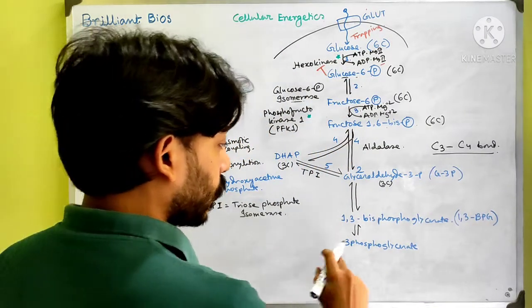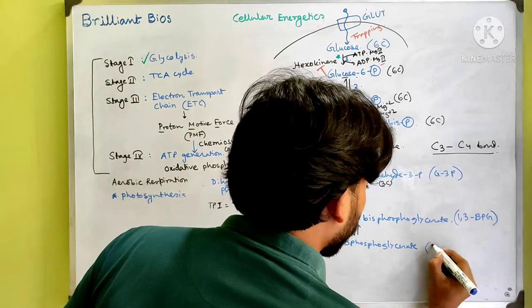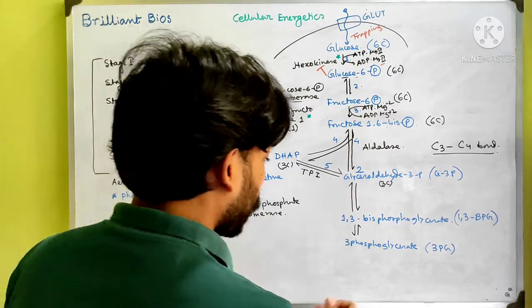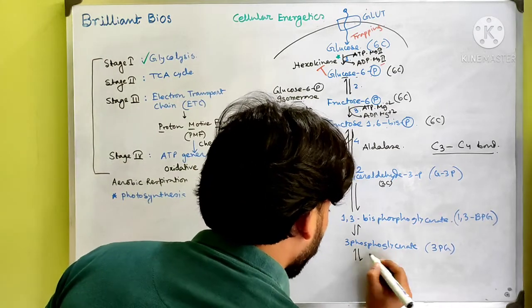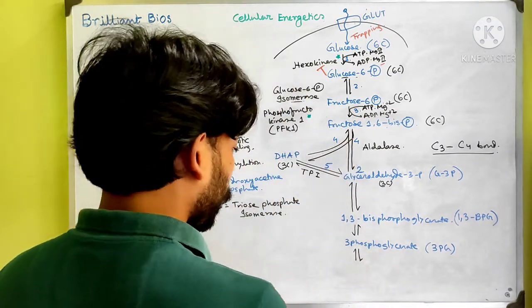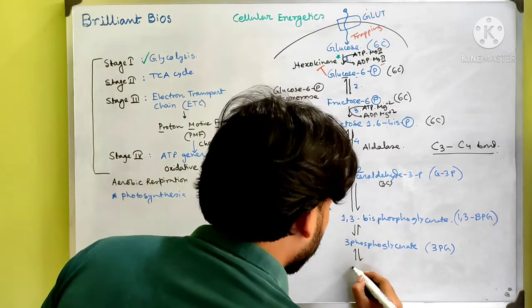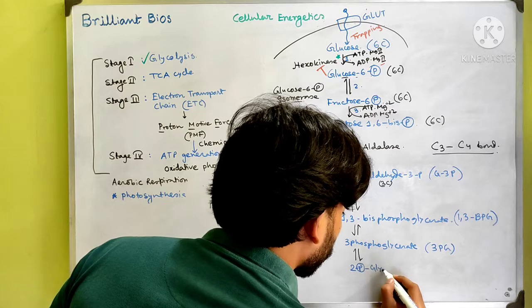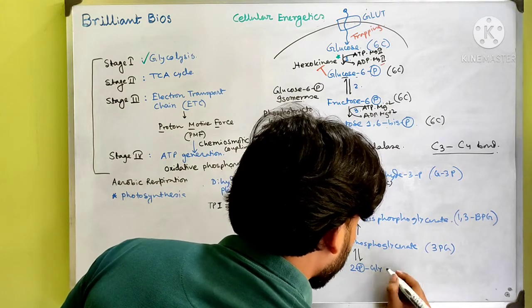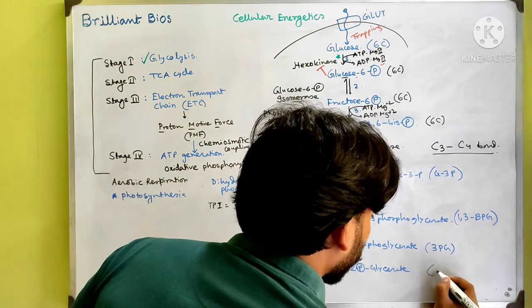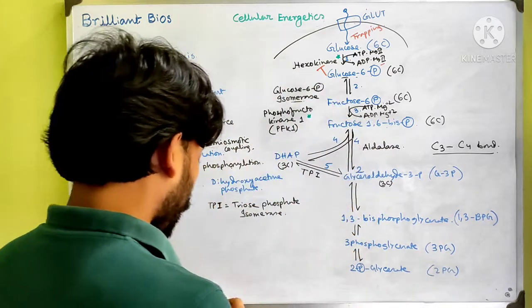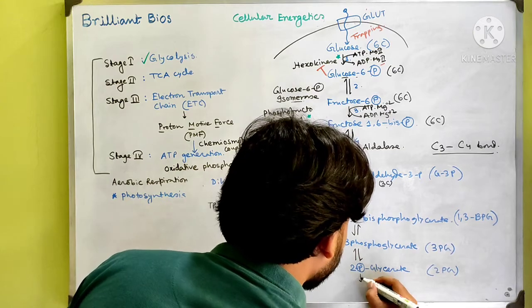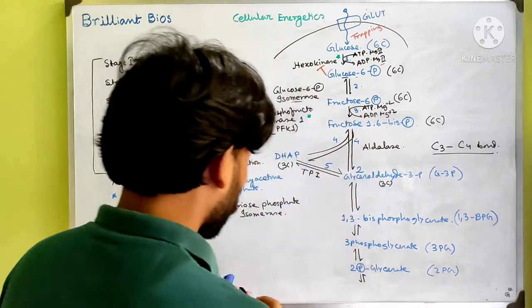Now this 3-phosphoglycerate, you can remember 3PG, to another product. It is also a reversible reaction, and it produces 3-phosphoglycerate to 2-phosphoglycerate. So you can remember it's 2PG, and from this 2PG it produces another product called